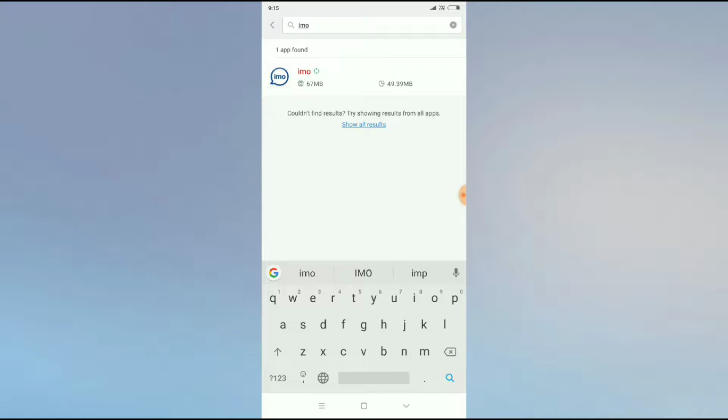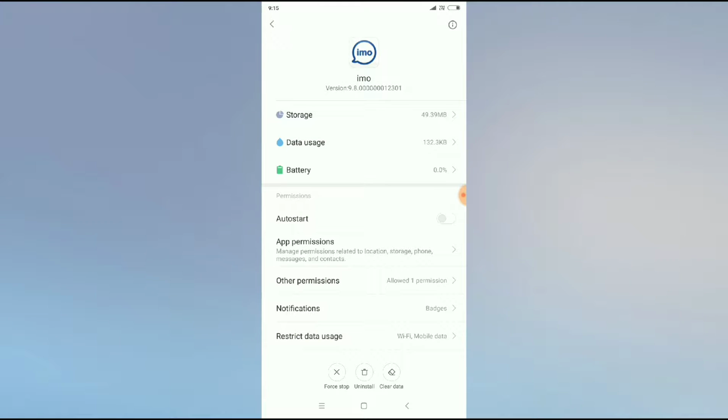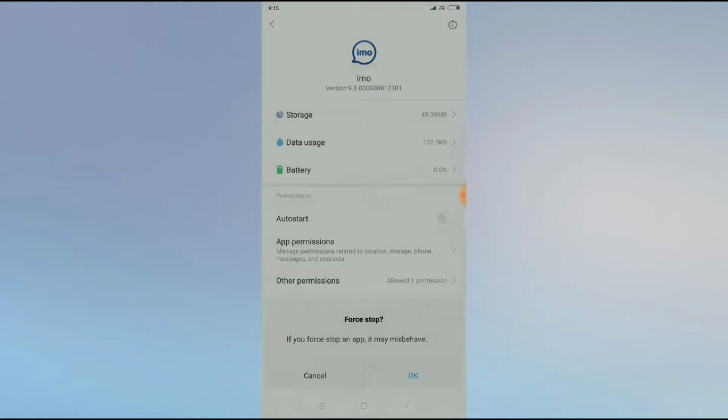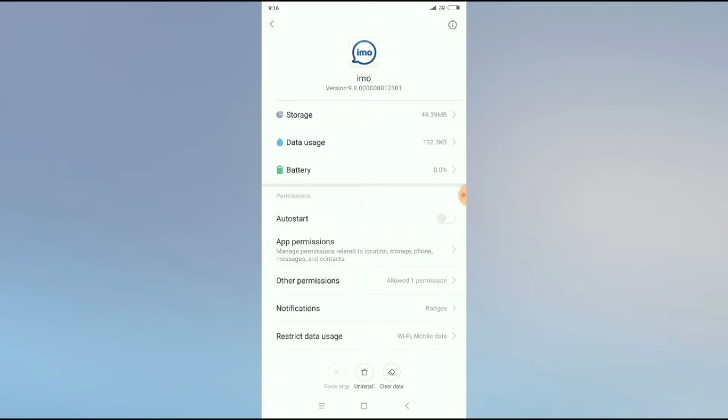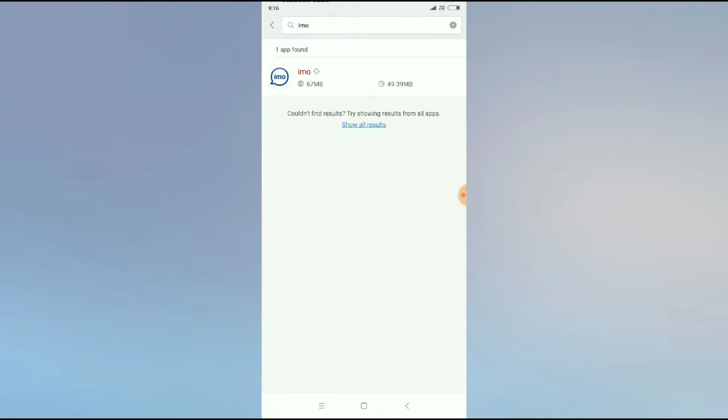You can see the Emo app. Now click on Emo app and you can see the force stop button. Click on force stop button and press OK. And the last step you can do is go back to the settings